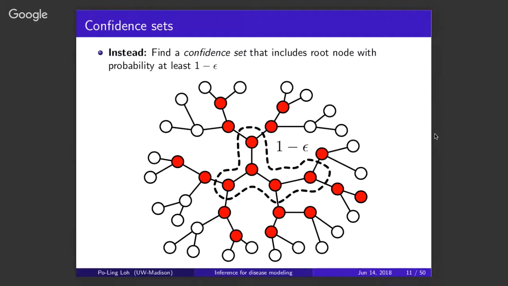Another thing to note is that, as I said, we're trying to do statistics on a network. And the statistical setting here is that instead of looking at just a single estimator, we're looking at an entire set of estimators. And that's kind of the analog between a point estimator in statistics and a confidence interval. The confidence interval is where we can pick out some continuum of points rather than just one estimator that's like a maximum likelihood estimator, for instance. All right.